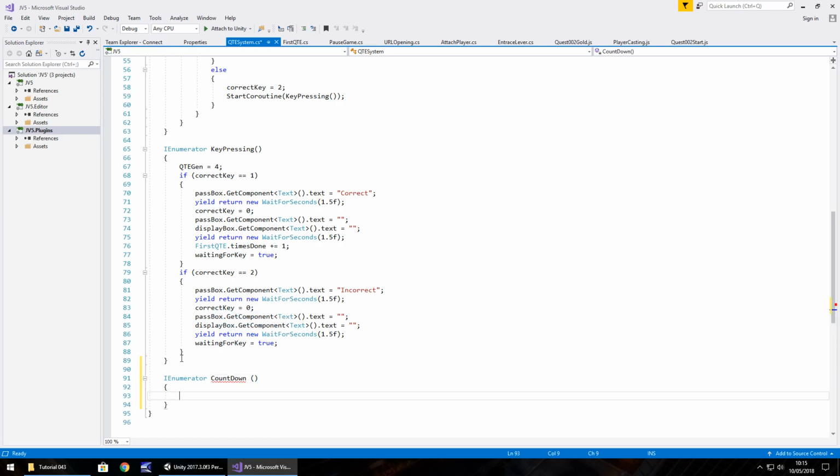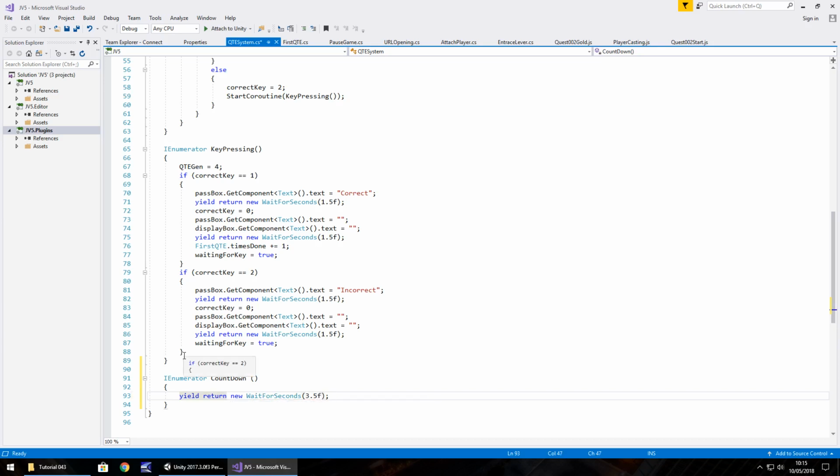You can have it whatever you want, a second, 2 seconds, whatever. But I'm going to have 3.5 seconds for them to actually be able to press the key. So yield return new WaitForSeconds(3.5f);